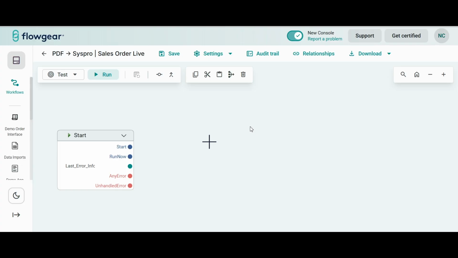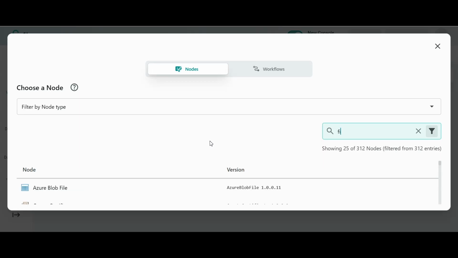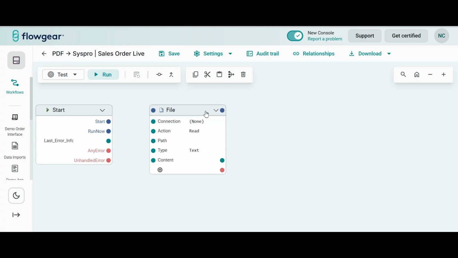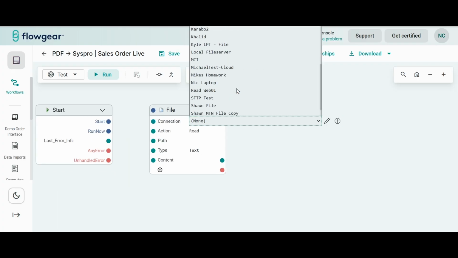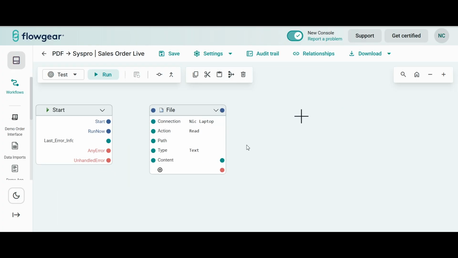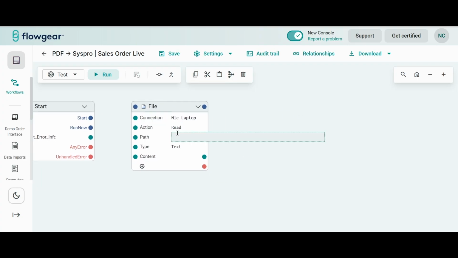That being said, the first thing we want to do is go ahead and extract that invoice and get it onto the canvas. Now we can do so using a number of different methods, but as per the previous example, we got that through a file node, which we can then use to extract that data. So let's go ahead and put a file node onto the canvas. We will want to set up a connection for that file node, so we can pick my NIC laptop. So it simply uses a drop point to get to that folder,